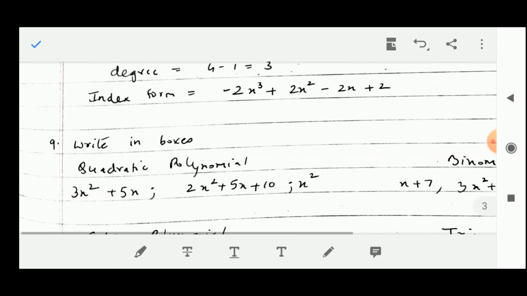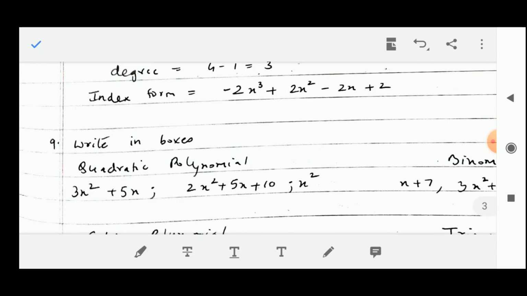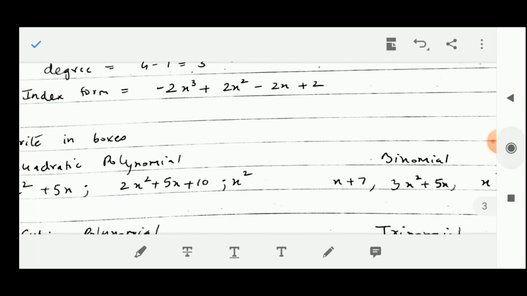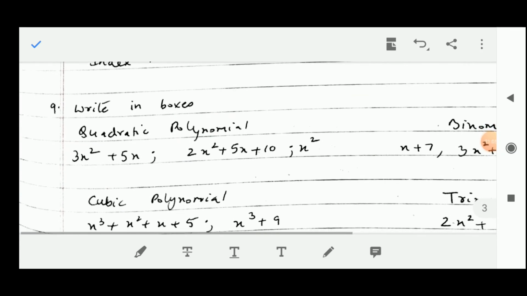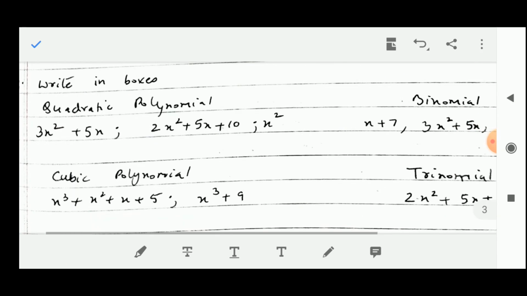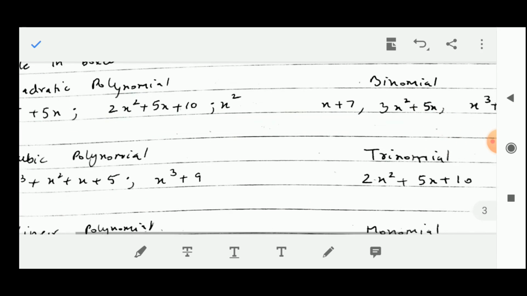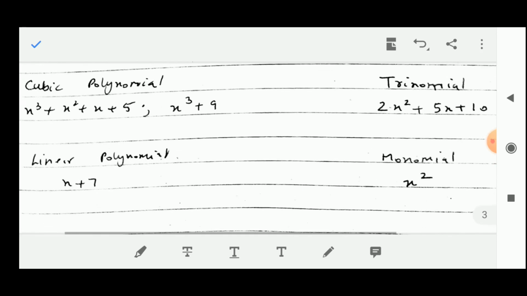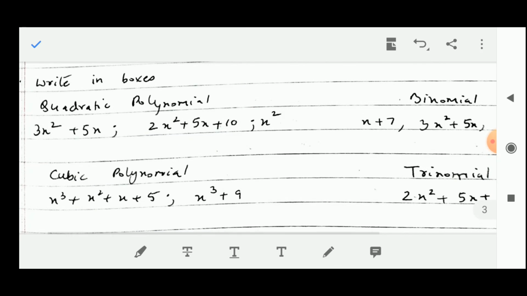Now write in the boxes: quadratic polynomial, binomial, and cubic polynomial. So just in the boxes you have to fill up and write down. Now we know that a quadratic polynomial means the degree is 2 and binomial it is